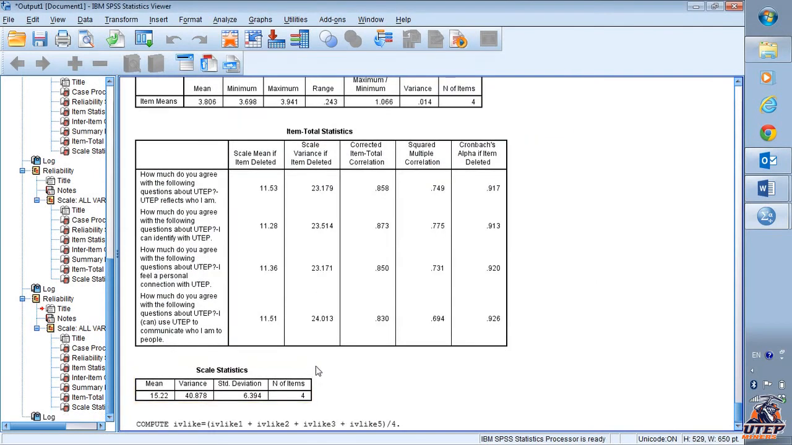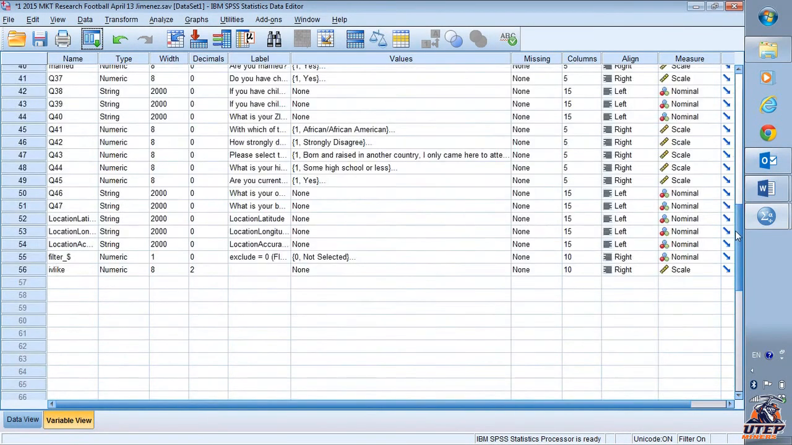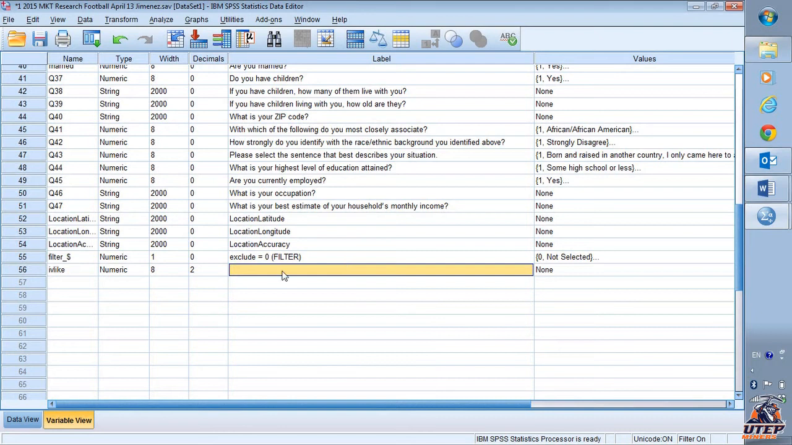So when I do that, if you go to the variable view, all the way to the bottom, it's going to create this Ivy-like score. It's not going to label anything, so I have to come and label. I typically like to label it with the same name first, so that's what shows on the screen. Ivy-like, and then I typically like to remember what it is that I averaged here. So it's like 1, 2, 3, and 5,